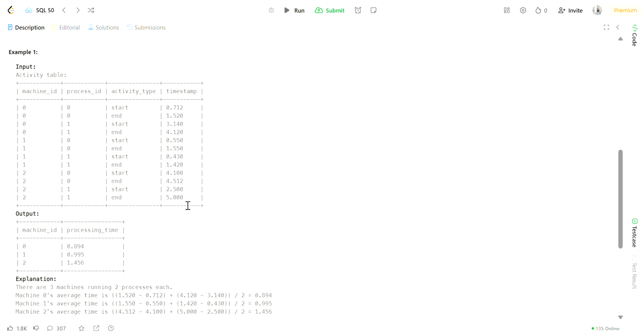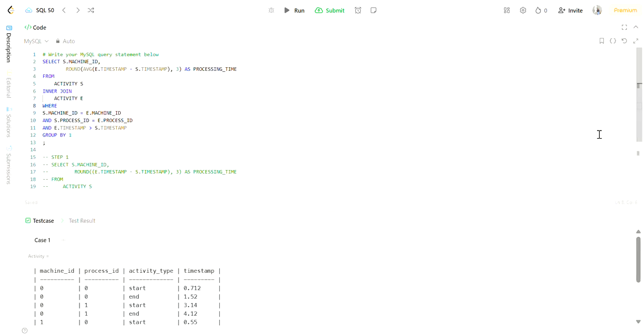We need to arrange the table, or first have a result table in such a way that we have start time in one column and end time in another column. And after that, we need to get the difference between the two. That will give us the processing time for one process ID, one machine ID. And after that, we simply have to take an average and round this and group by machine ID. Now let's look at the problem